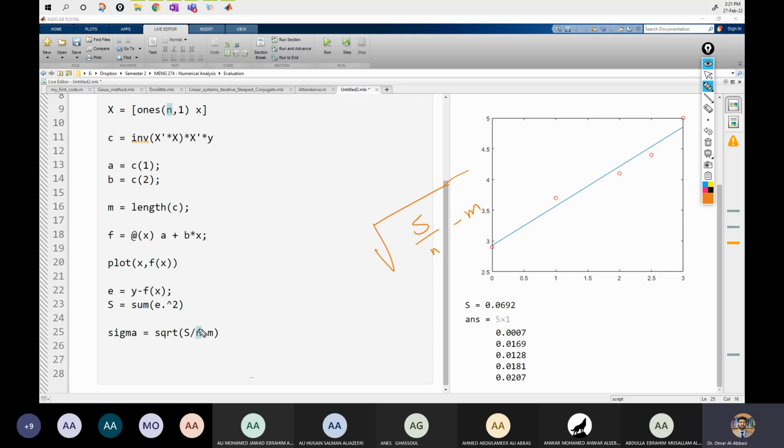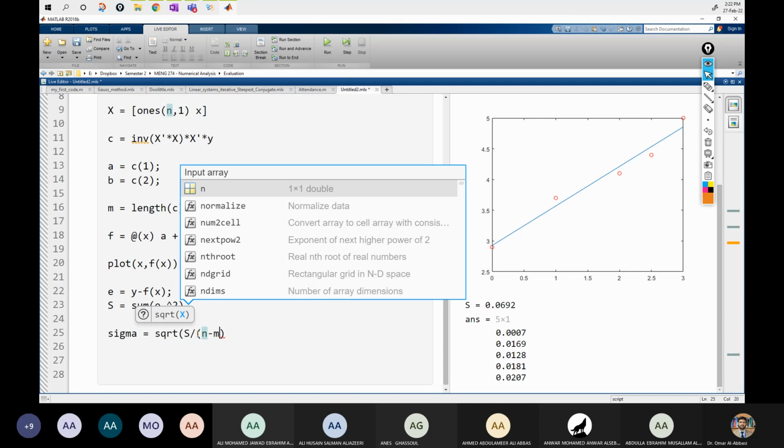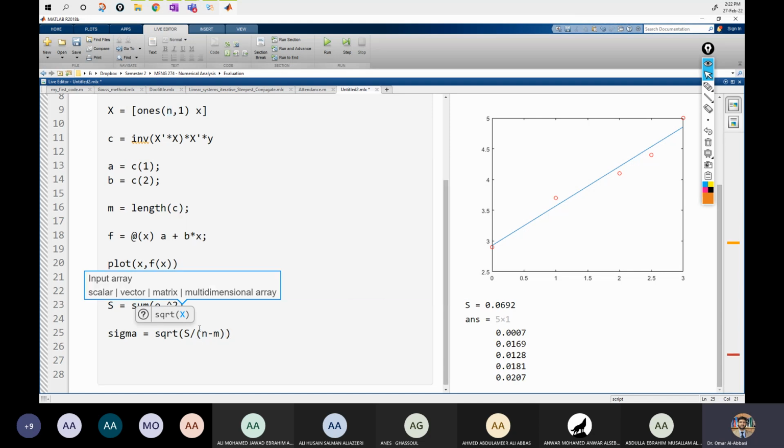Just make sure you put the right parentheses over there. The equation was S divided by N minus M, not S over N, minus M, okay? Just make sure you write it in the right form. Okay, so we should write it as n minus m. So that is the